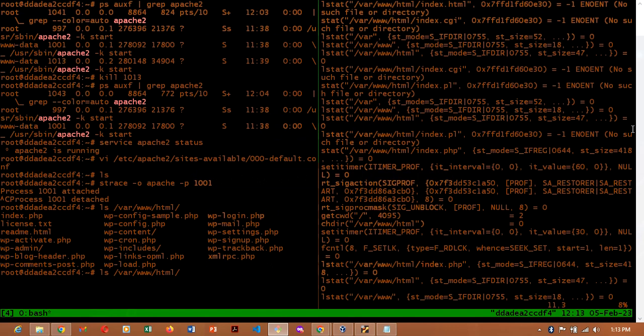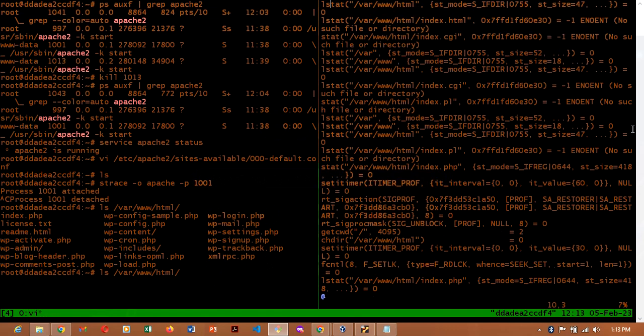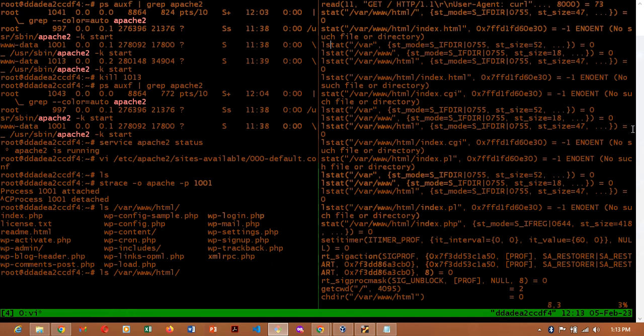Okay, so you could see the reason why, from this very first one here, you can see the reason why it's actually saying no such file or directory. That's from here, index.html, because what we have here is index.php, not index.html. So all this part here is actually cool, and it's not enough to bring down our server. Okay, now if you look at when the stat system call was actually made to index.php,